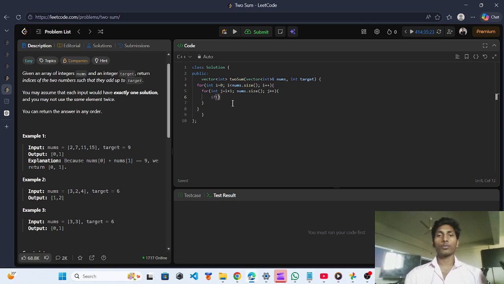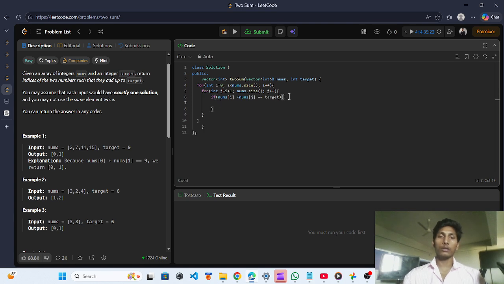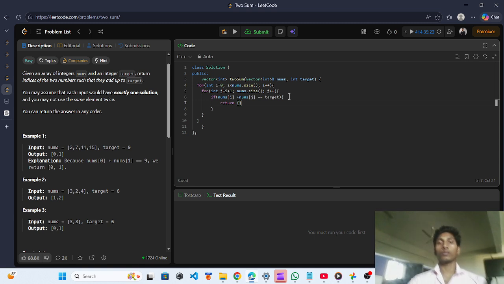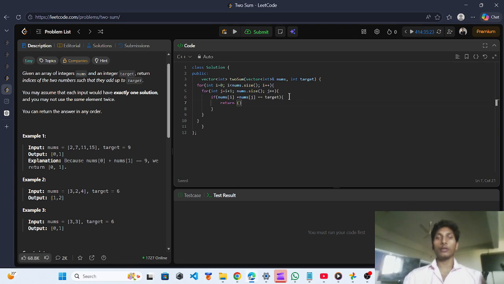After that we have to write the logic. Suppose if nums[i] plus nums[j] is equal to target, then we have to return the indices.